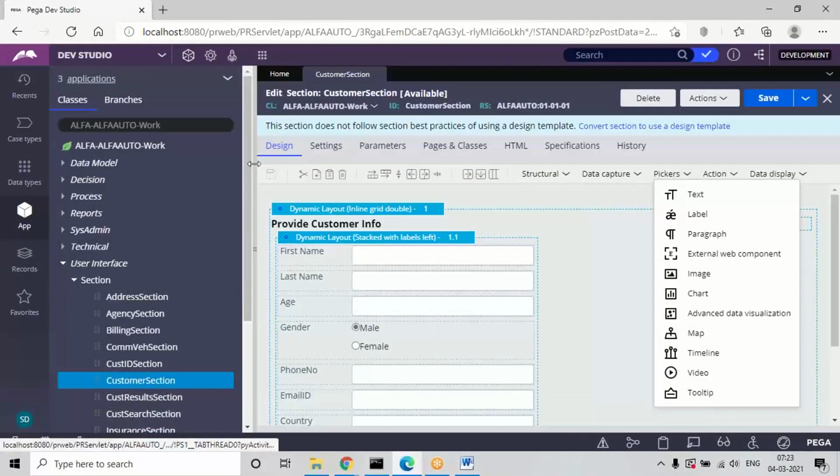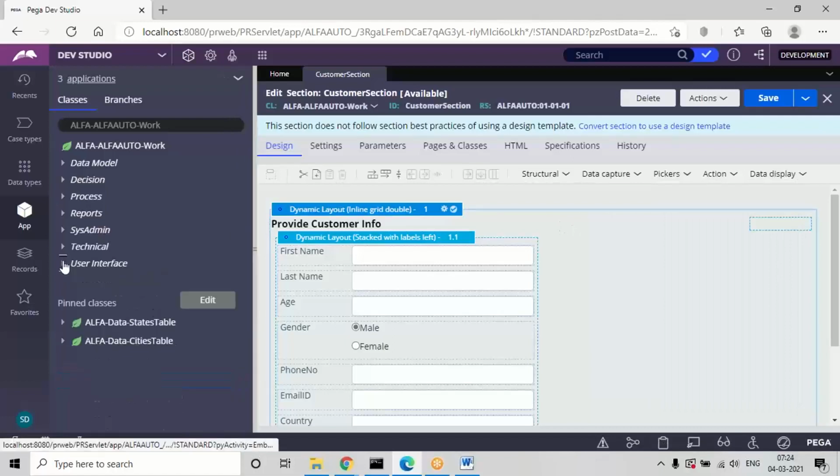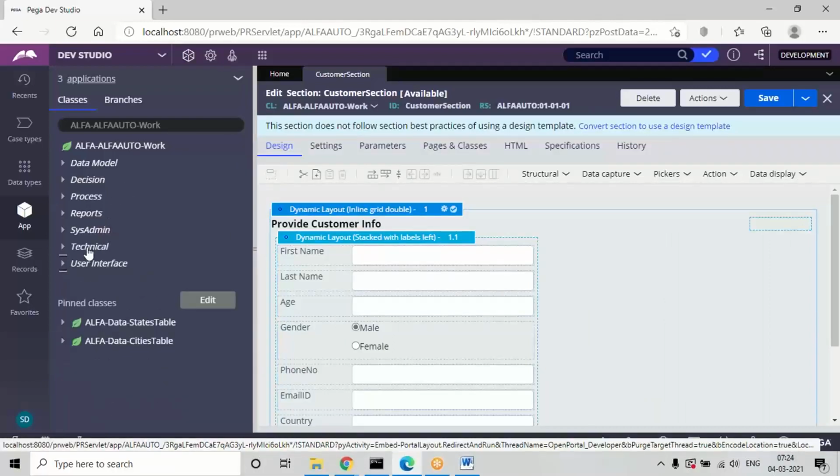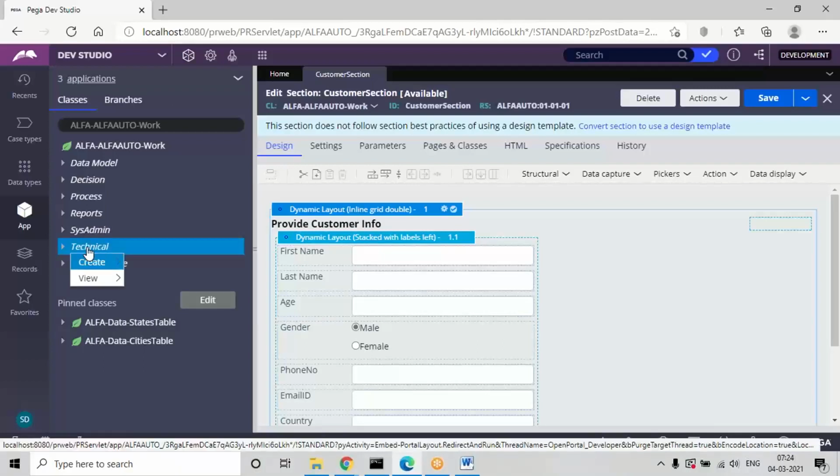For this, first I'm going to create a binary file rule. It's a technical rule: if you want to load any image to the directory, for every image we need to create a separate binary file rule. For one image, one binary file. For another image, we again need to create a binary file rule, because for every image a separate name also has to be specified manually. That's why in a binary file only one image can be loaded at a time.